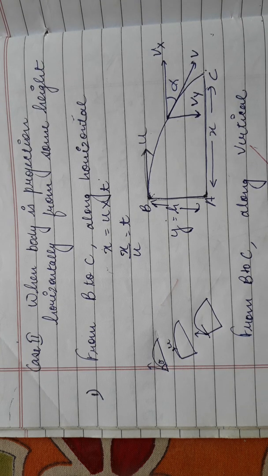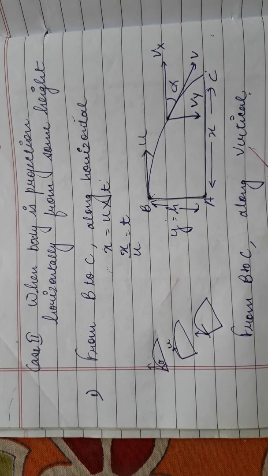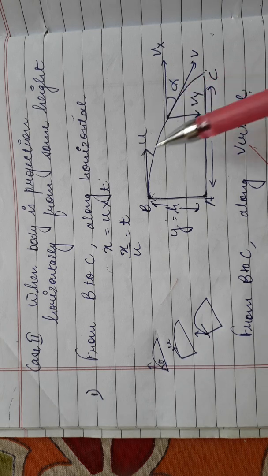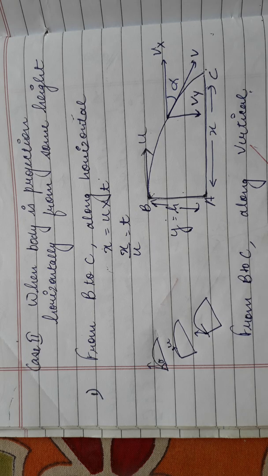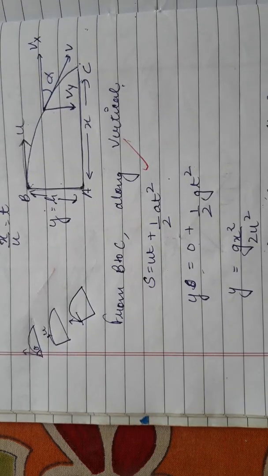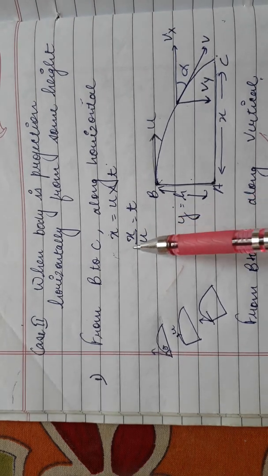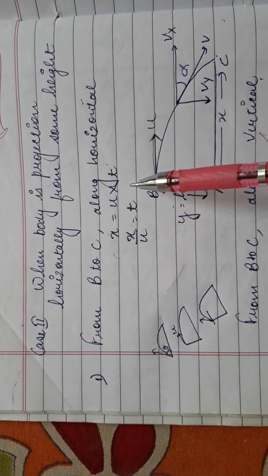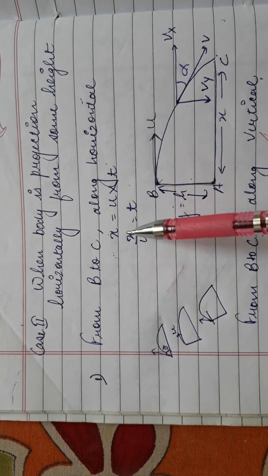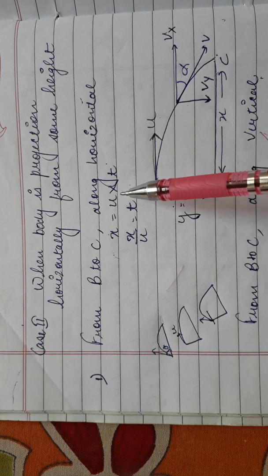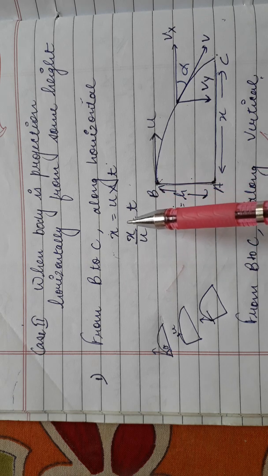So what we do, from B to C we consider along vertical direction and use the equation S is equal to ut plus half at square. So initial velocity is 0 in vertical direction. Okay, and this vertical height is y. So y is equal to half gt square. And in horizontal direction we also have discussed horizontal direction distance is equal to speed into time. In horizontal direction we do not use the equations of motion because there is no acceleration, and these equations are used for